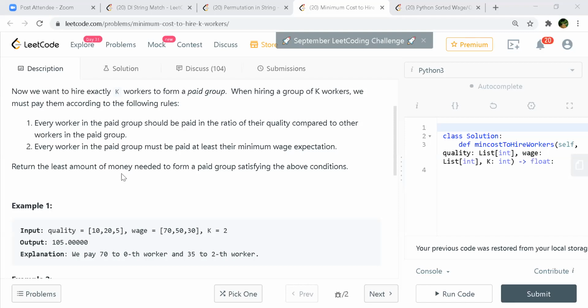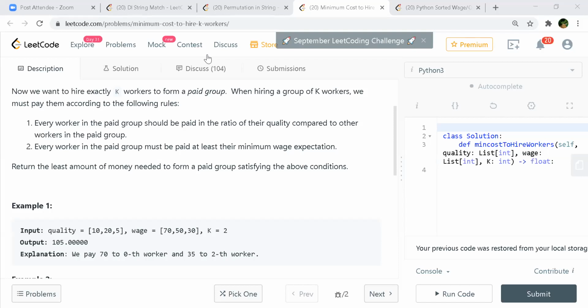because when you have a ratio of a particular worker and then you take the quality of that worker and find its wages, if it is lesser, then you don't consider it, right? But if it is greater, based on the quality of the one worker you are taking as a benchmark, then you put them in an array, make a particular bucket of all those workers, and then whichever the first k.